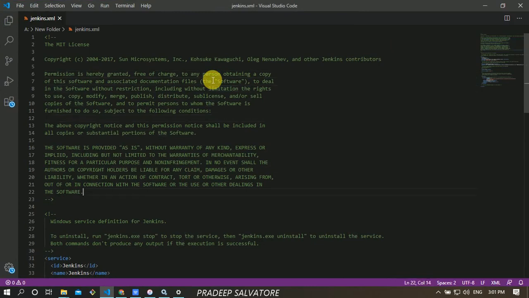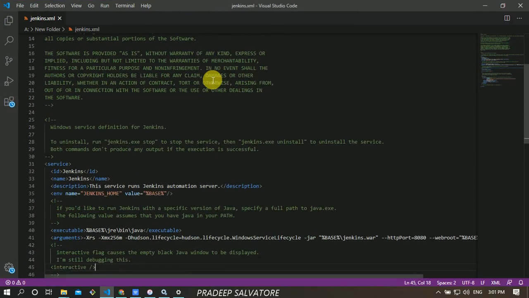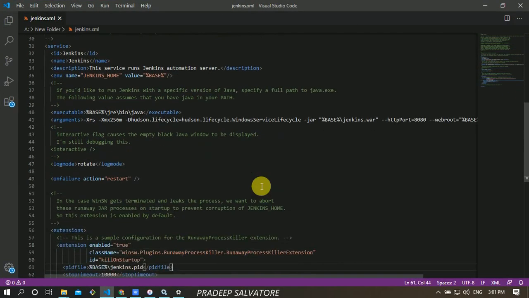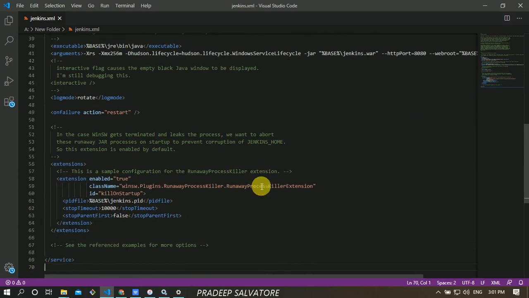I open the jenkins.xml file, and we will have the port here that we need to open. 8080 can be changed to whichever port you want.